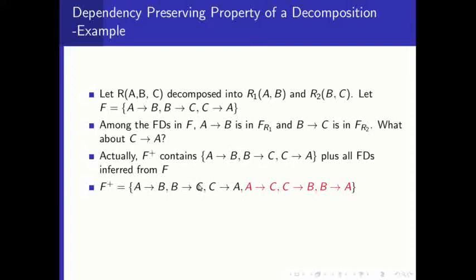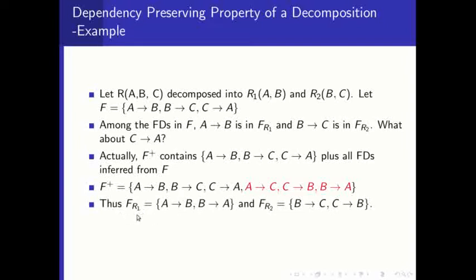So, in that sense, those FDs in the decomposed one will be A determines B as well as B determines A. Similarly, those FDs in the second decomposition B, C will be B determines C as well as C determines B. Now the union of A determines B, B determines A, plus B determines C and C determines B. This is a union I have to check.